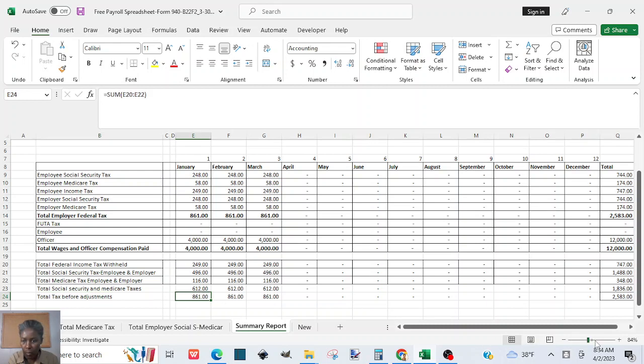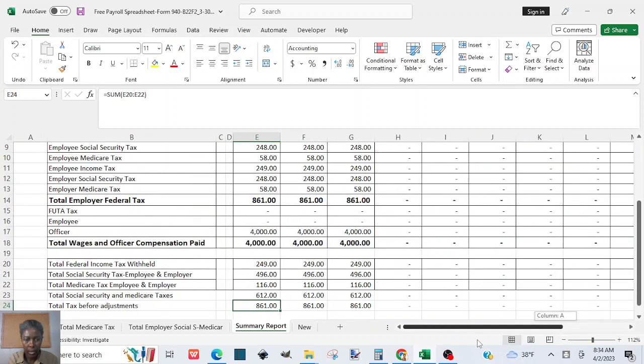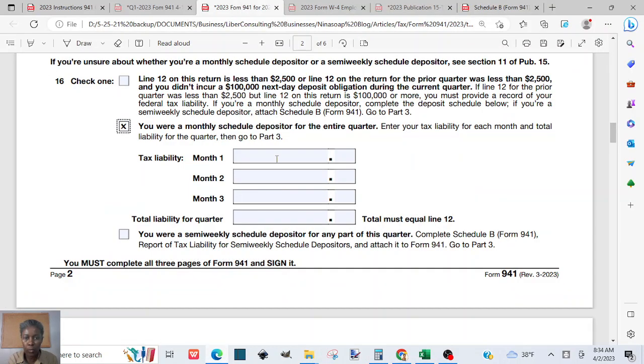I don't know if it's too small for you to see it, but it is ACC1. So it is the federal income tax, Social Security, and Medicare for each one of those months. So we are just going to put ACC1 for month 1, February ACC1 for month 2, and month 3 ACC1, and the total